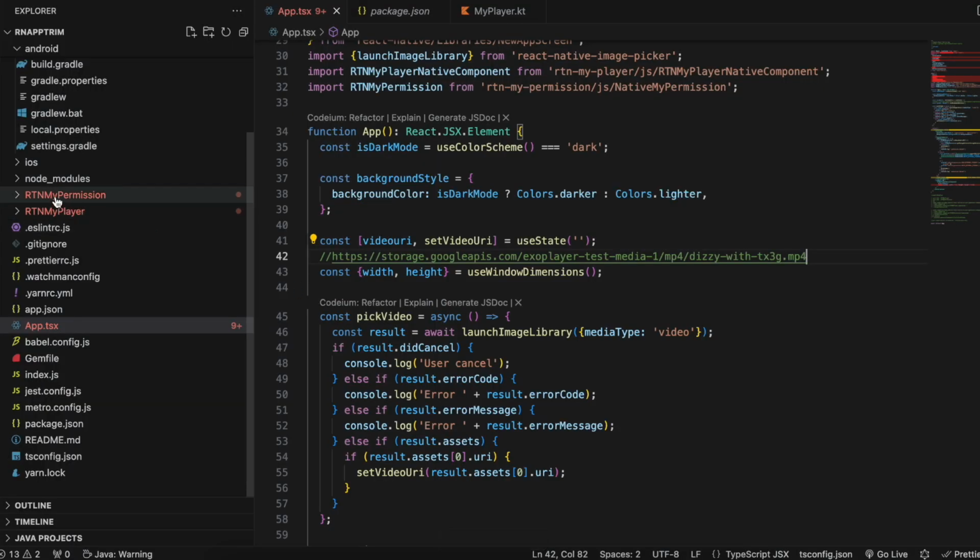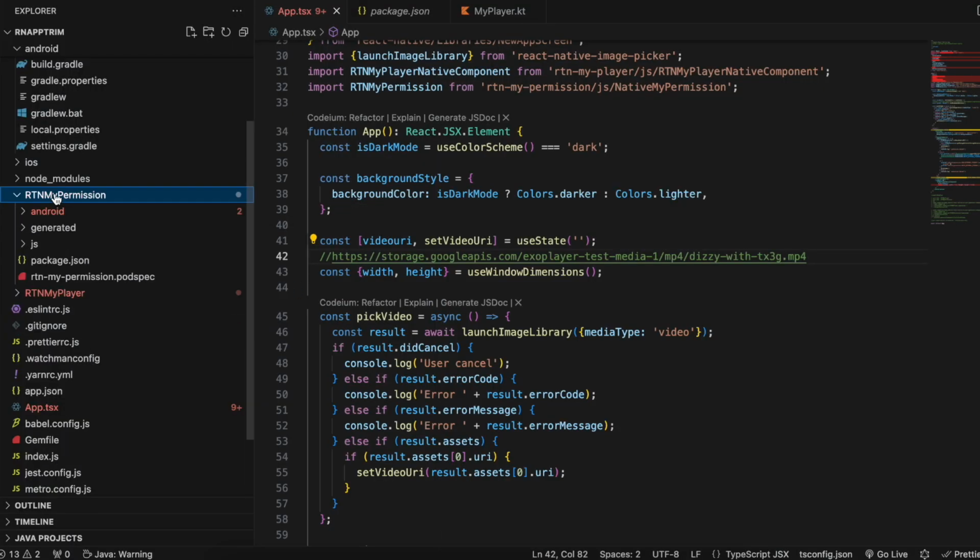Now firstly, create a folder called rtn my permission. Now for manage external storage permission, as you might know, there is something called permissions in Android, which is directly available in React Native to request multiple permissions. There is also the React Native permissions library, but both of these do not support manage external storage permission. That's why I had to create my own turbo module,